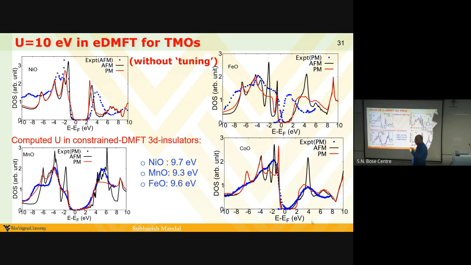And here the U is put only on the transition metal, no U on oxygen. No. So this is like DFT plus DMFT. So everything is done, like the impurity solver, and the things are done on the correlated subspace itself. So for you, the oxygen is not correlated at all? No, no.